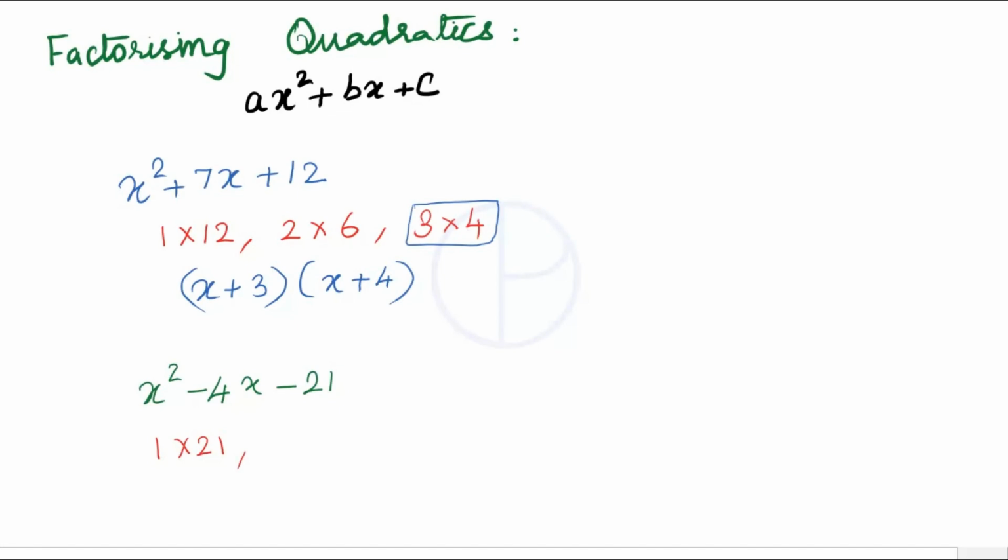There will be no 2 multiplied, so 3 multiplied by 7. So we need numbers that multiply to -21 and add to -4. Let's take 3 and 7. If this is -7, when you multiply, you will get -21. When you add 3 and -7, it gives -4. So the solution is